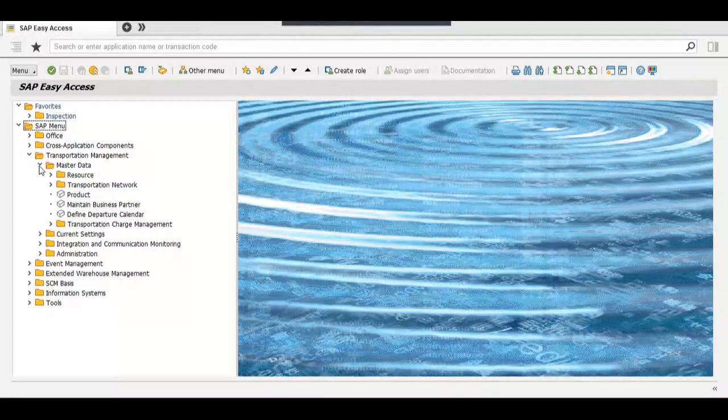For now, I'll just give you an overview of what a strategy is, what a condition is, and why it is used in the TM system. Later, when we are discussing a specific topic, whatever strategy or condition comes up at that place, we'll discuss it in detail. So first of all, let's